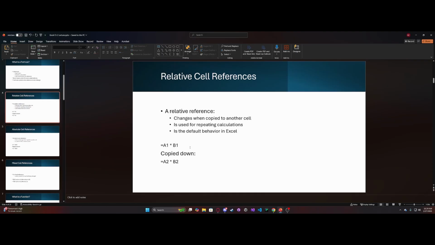And then if we were to copy it and paste it down a cell, so now if this is in C1 right here, now we're in C2 and we're copying this formula right here, it's actually going to change it to be equal sign A2 times B2, because Excel understands that what you're trying to do is multiply the contents of the A2 cell and B2 cell